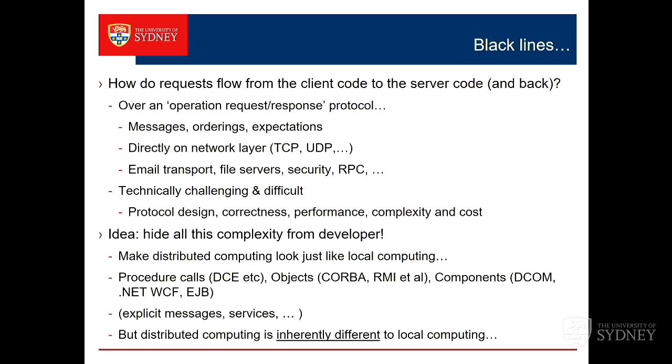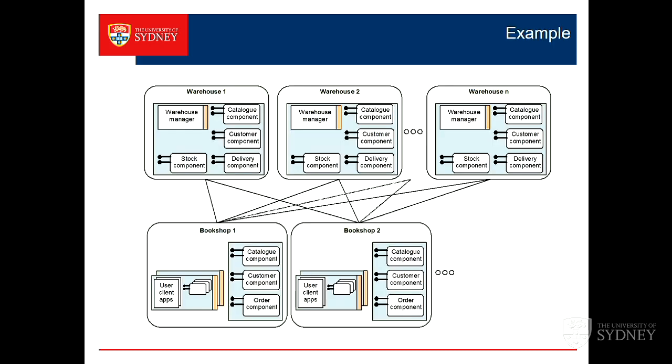That's just a simple little distributed system. Well, there are lots and lots of questions there. If I go back a page, we've got all those lines in the middle here. And the question is, what are all those lines? When this piece of code here wants to see whether that book is in stock at warehouse 2, how does it do it? How does it make that request across a network?